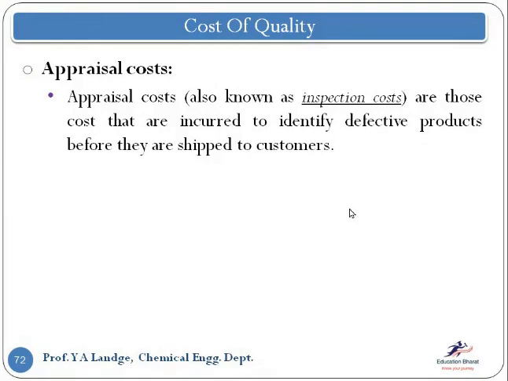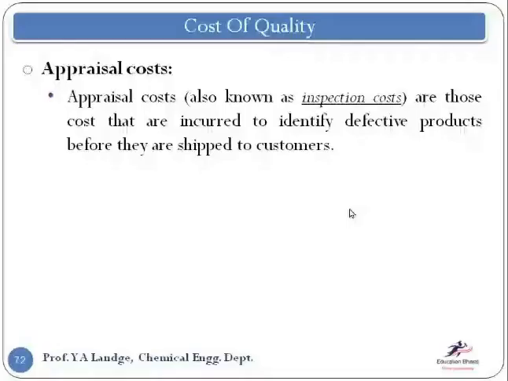Just like, for example, you are producing lubricant oil. Now in the quality control cell, what happens? In quality control cell, they check the viscosity of the oil. They check the quality of it. After that, they check the density and the flash point, because we are using the oil as a lubricant, and according to that, the properties we check in the quality cell.